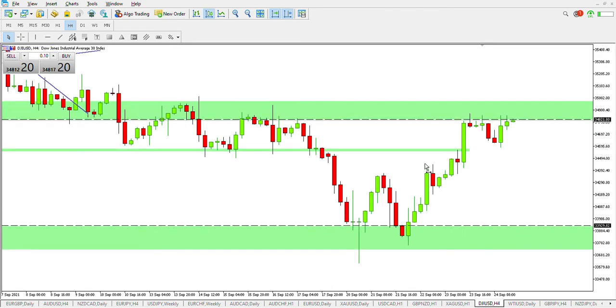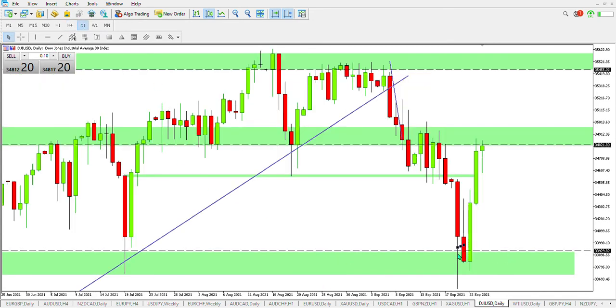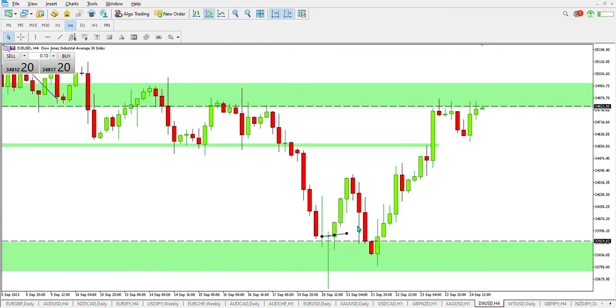Let me see if I can get it. Yes, here we go. It was this point where I started buying the pair on the 4-hour and on the daily, because the daily closed with a nice pullback, so it was possible this reversal to happen. First we went back to this level, then we have retested